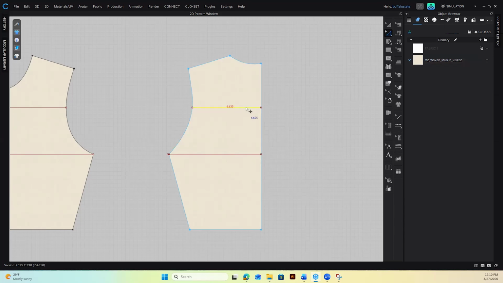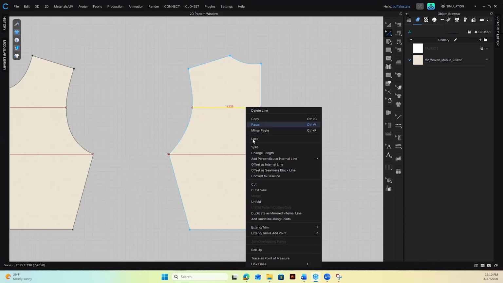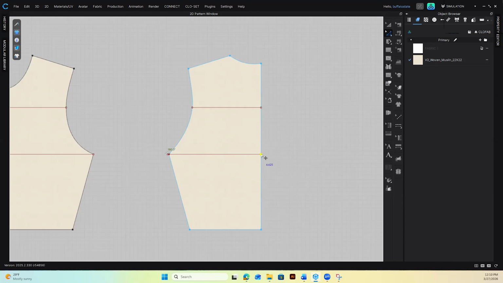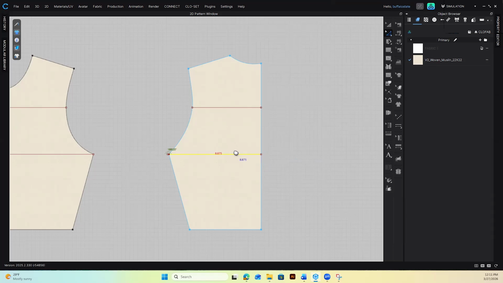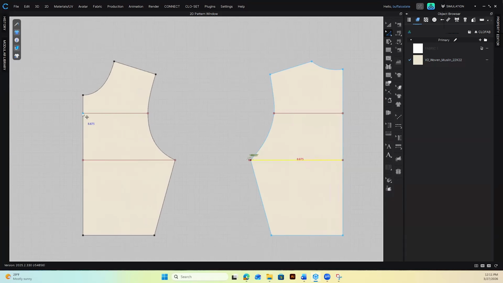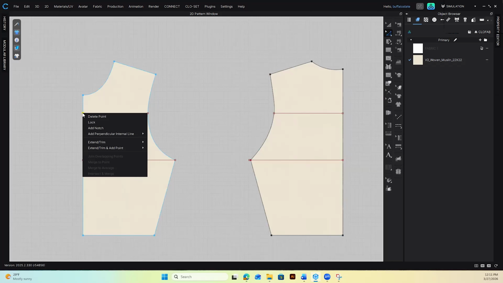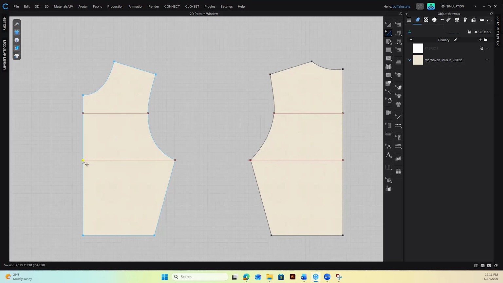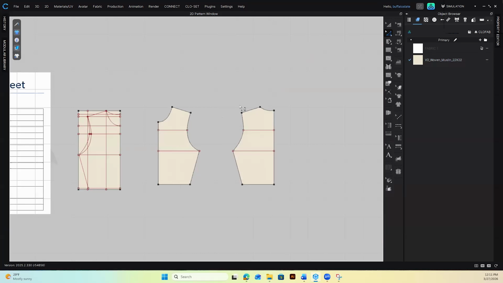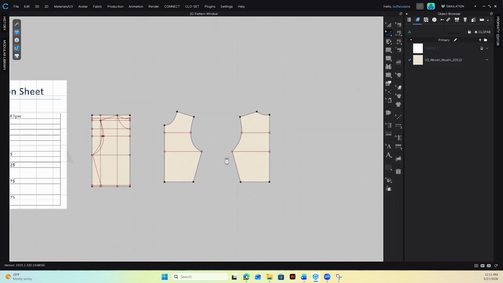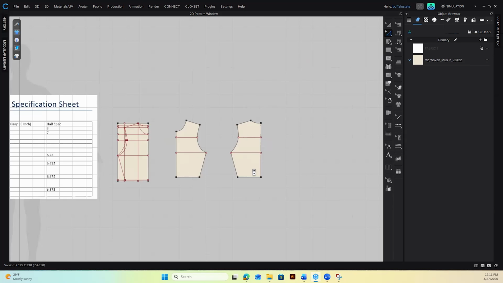Select line and say I want to extend to pattern outline. And the same thing you can do for this one. Extend pattern outline, extend pattern outline. So now we already extended and now they are ready,